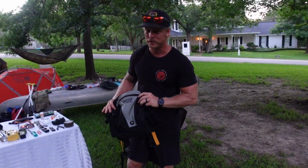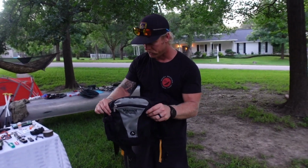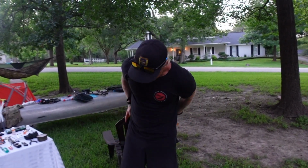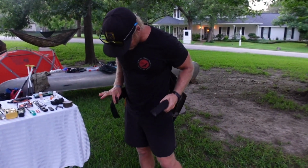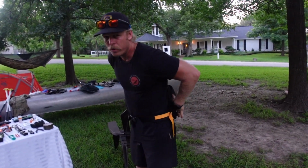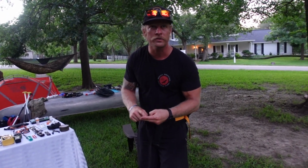One more piece of awesome gear that I want to show you guys is this fanny pack style gear. I can keep all of my important gear in this bag, and it fits around your waist, kind of like this, which is perfect for your canoe slash portaging. So I keep all of my important gear like chapstick, sunscreen, snacks, fishing lures, things like that throughout the